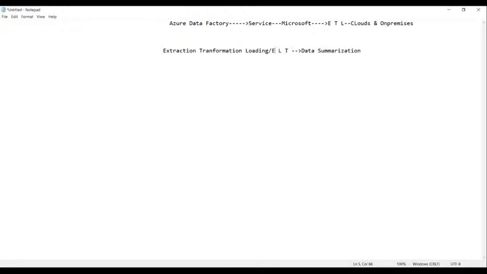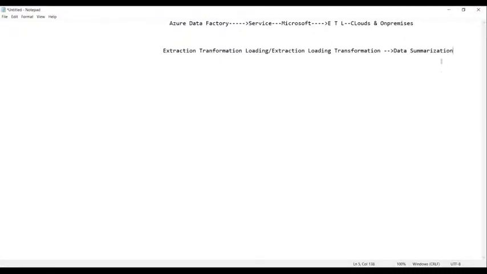What is ELT? Extraction, loading, and transformation. Azure supports both, whether it is ELT or ETL.